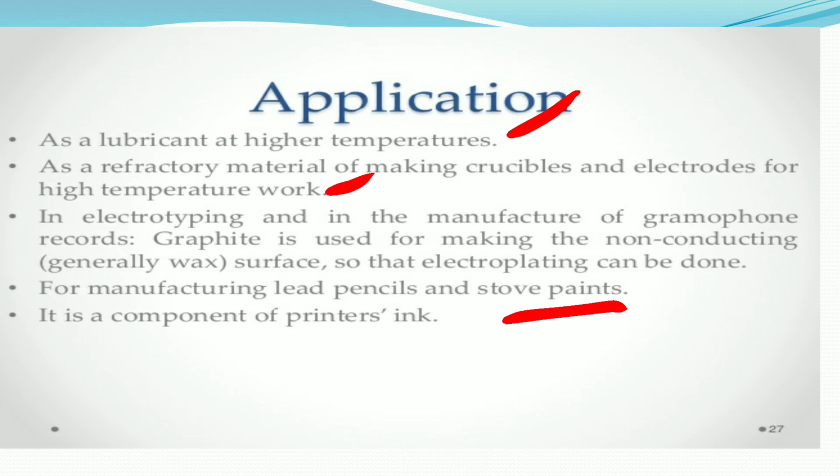Here we learn what allotropes are. There are different types of allotropes. Mainly they have two types, crystalline and amorphous allotropes. We learned the amorphous allotropes, their properties and their applications, and we start to learn the crystalline allotropes. We learned the first crystalline allotrope of carbon, that is graphite. We learned its properties, structure, hybridization, and also its applications.